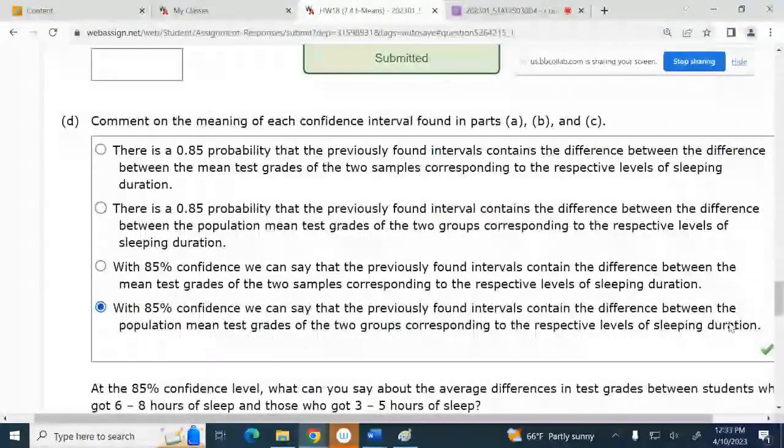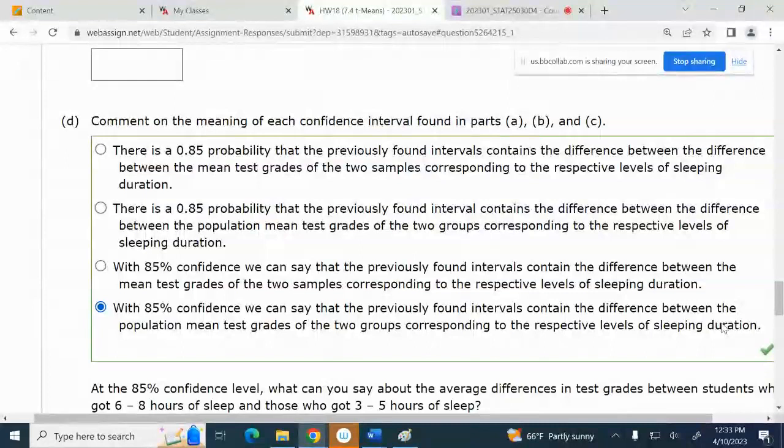Remember, we want to take the confidence interval for the population. But we don't know anything. So because of that, we take statistics, sample means, sample standard deviations, and the sample size, to make the confidence interval. But for whom? Population mean difference, right? That is. And how about the second part?